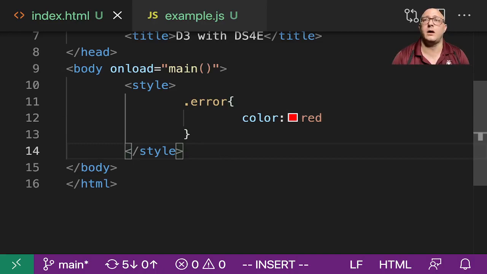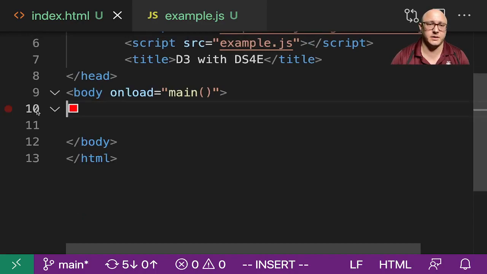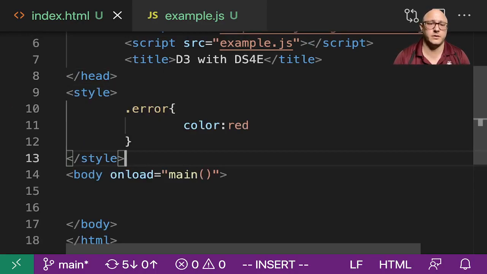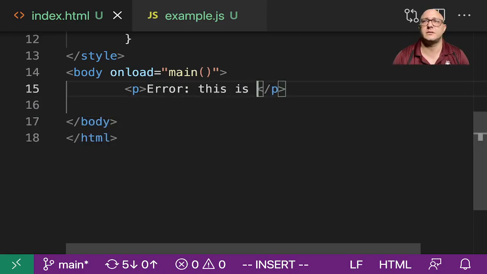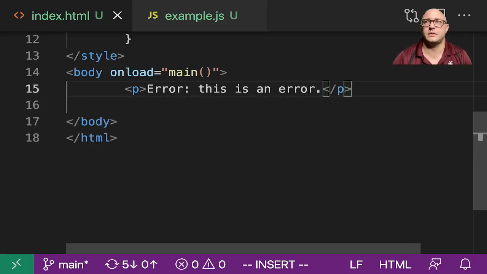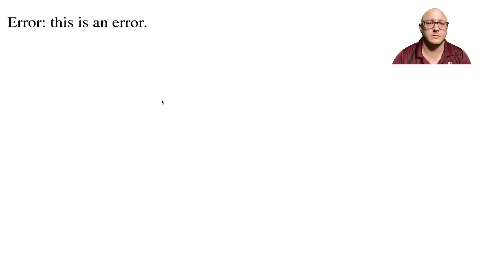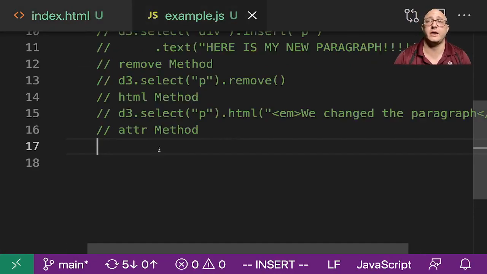And then let's go on and, you know what, I'm gonna take this outside the body. Put it here. And so let's go on and put P here and something like error. This is an error. Okay. And then let's go on and run this. Okay, so this is an error. We didn't actually do anything to it. Okay, but we want to give an attribute